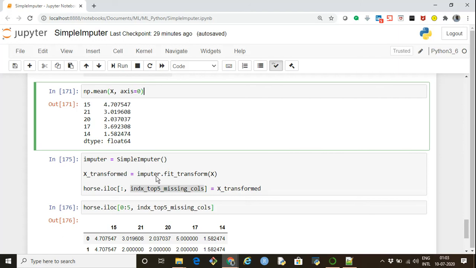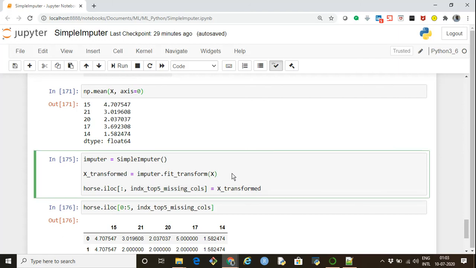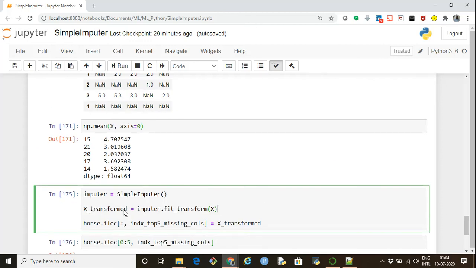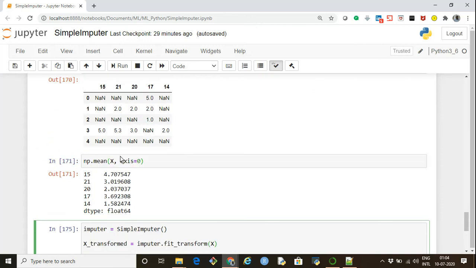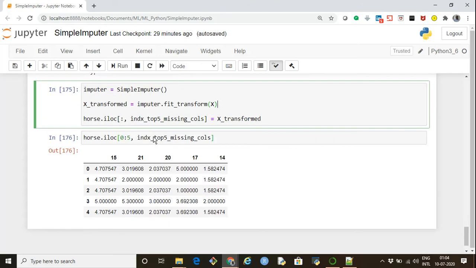Then we call the fit_transform method, imputer.fit_transform, and pass into it the data that we want to transform, and whatever output we get, I'm storing in a separate object x_transformed. Since x_transformed is the transformed data for only columns 15, 21, 20, 17, and 14, I want to replace those particular columns with the transformed values.